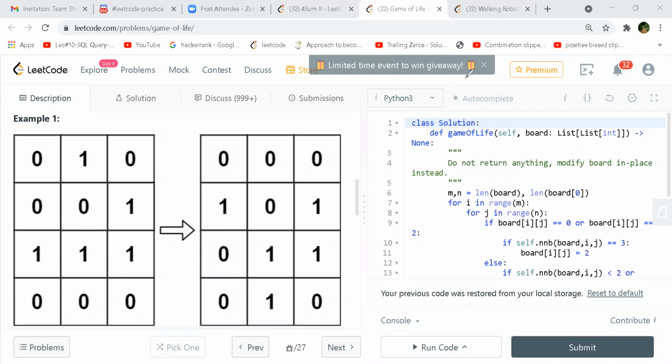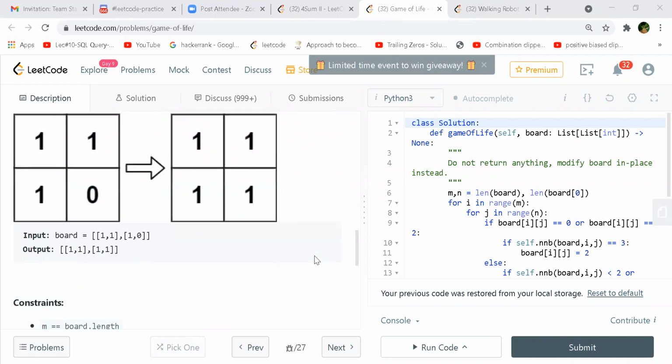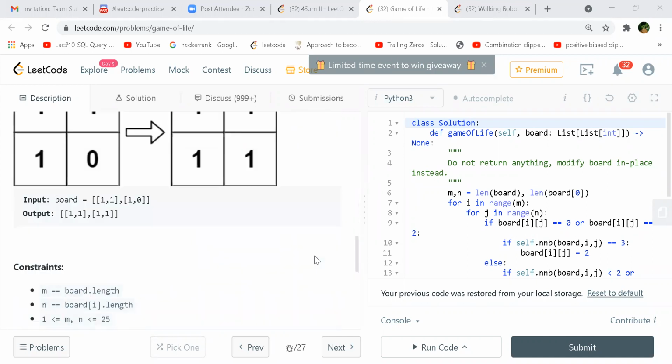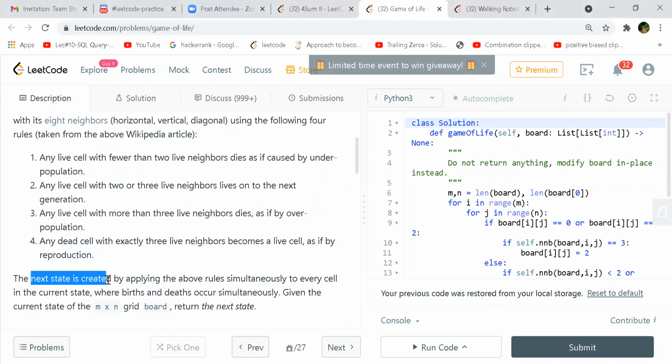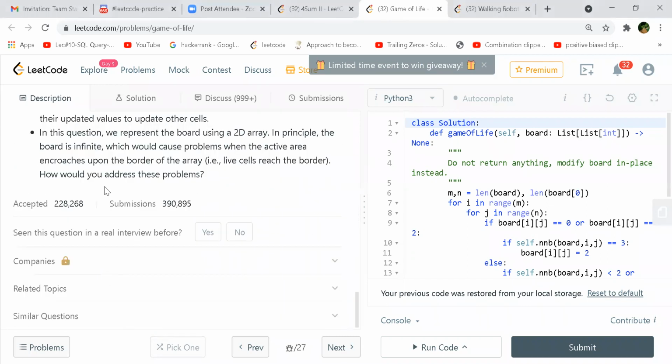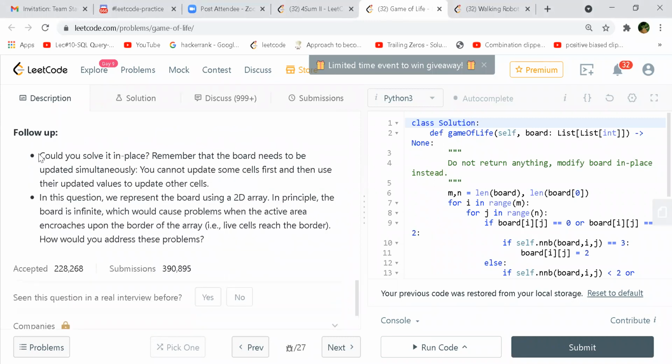Okay. More of a rule. If we jot down all those rules, right? Now, if you look at the problem statement again, he's talking something more in the next, the follow-up. Now we have completed all those rules, right? Now if you look at the constraints, there is nothing much.